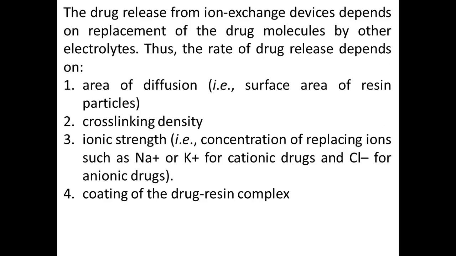How to select the suitable ion exchange resin is also an important thing, because as we have just discussed, ion exchange resins contain specific charges. There are different properties that we have to consider, like exchange capacity, degree of cross-linking in the resin matrix, the particle size of the resins, and the nature of the drug and site of drug delivery, that we have to consider while selecting the ion exchange resin polymers for the development of ion exchange resin controlled drug delivery systems.